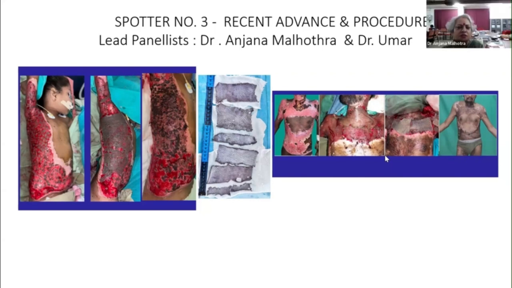And next, what are the problems in this? There will be excess blood loss. How much is the expected blood loss for the percentage you excise? And why are you going earlier? You're doing it at 24 hours. For 3% of the total body surface area excised, it is approximately 1 unit of blood loss.